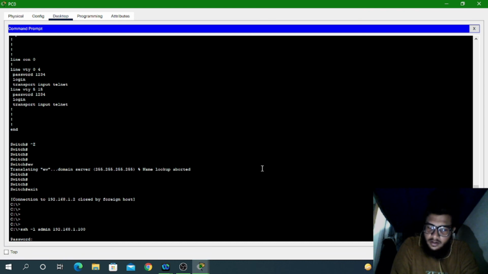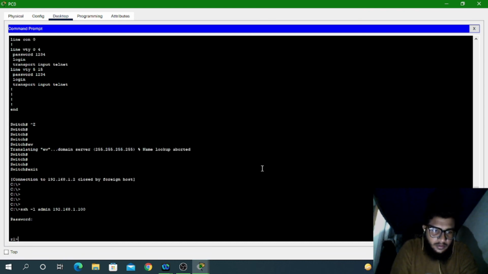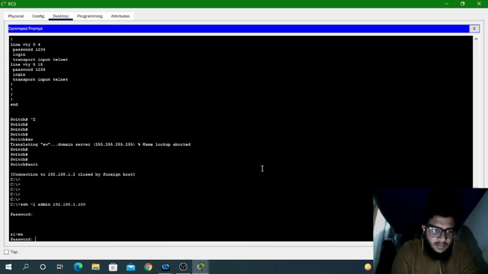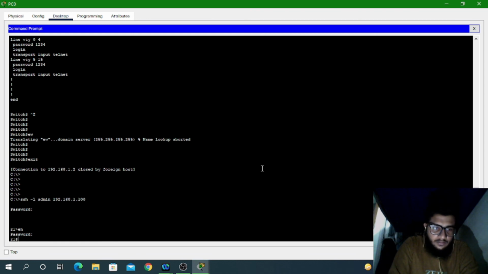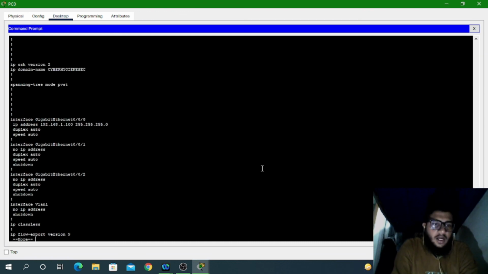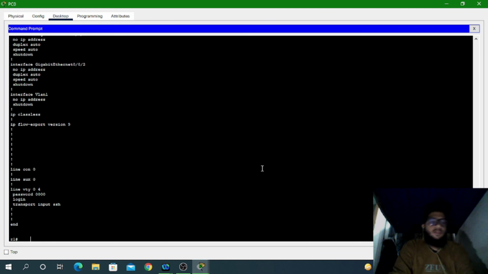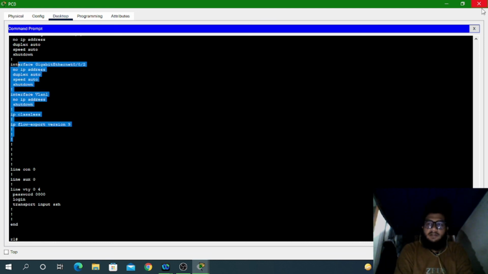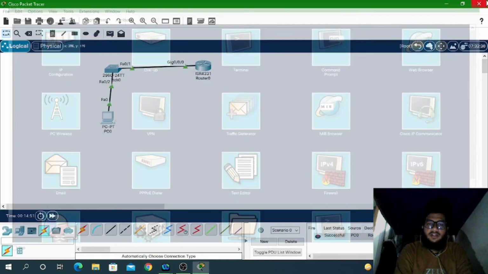It's asking for the password, which is 0000, then enable, and then the password. Show run. Yeah, I have accessed this router. Okay, so I am able to access both the switch and the router.